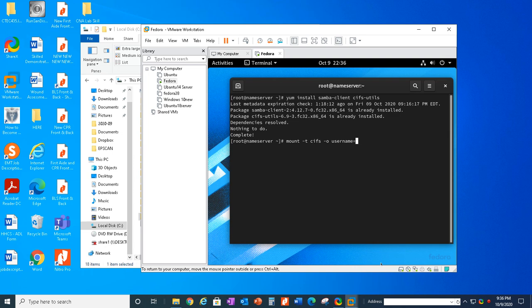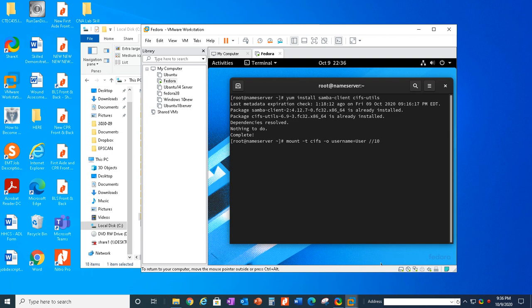You can get it through the GUI somewhere, but it's easier through the command line. So username equals, and my Windows username was user, and then you type your Windows